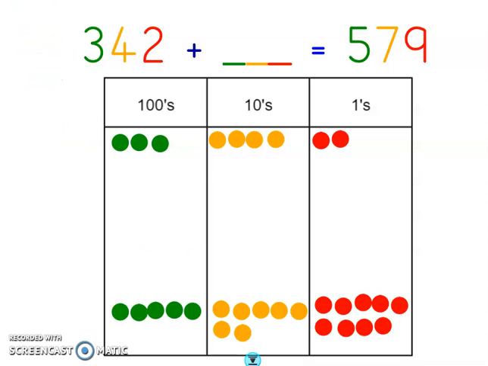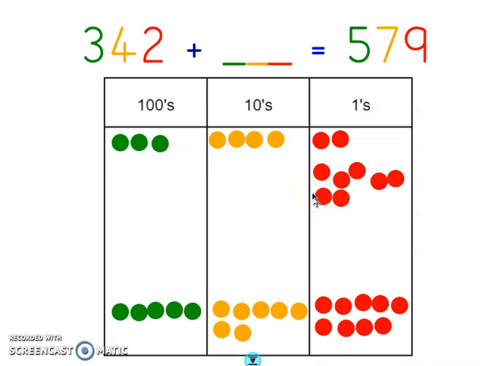So now I'm going to count on. So I'm still using my idea of my partitioning and my place value. I'm going to count on for my ones. So I start with 2 ones and I need to get to 9. So if we simply go 3, 4, 5, 6, 7, 8, and 9, we can see that now I've got 1, 2, 3, 4, 5, 6, 7 ones in my